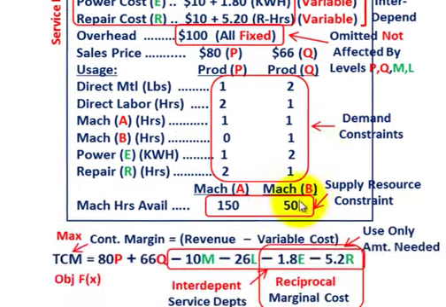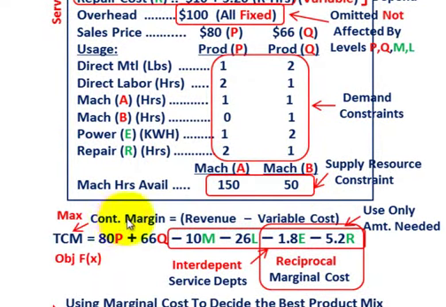So the first thing we want to look at is setting up that objective function. In this case, we're trying to maximize the contribution margin, in terms of optimizing our profits and minimizing our costs. We're going to be looking at it in terms of contribution margin, and that really takes your revenue minus your variable costs. So just looking at our objective function, total contribution margin, which we'll be maximizing,